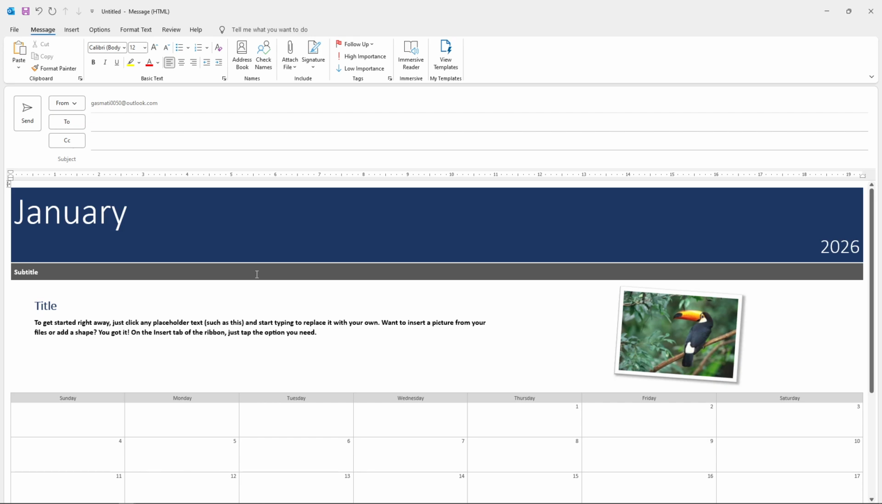And that's it. You've successfully pasted your Word content into Outlook with all the formatting preserved, making your email look